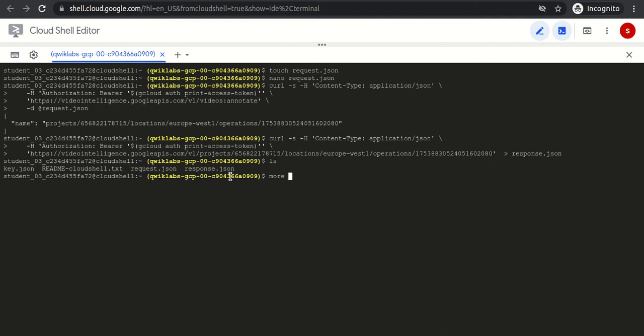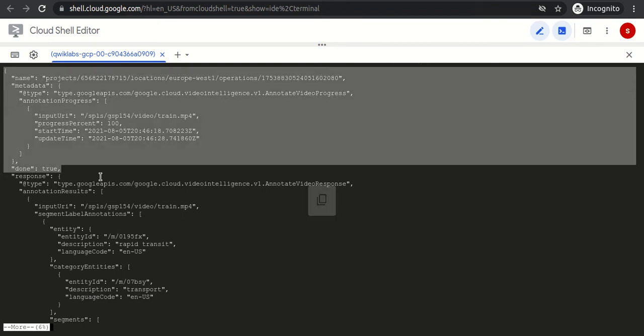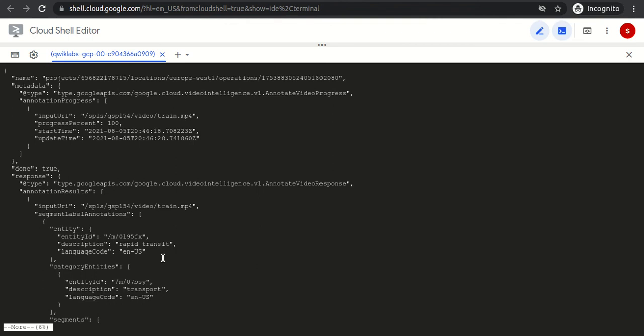Let's look at the output, response.json. Till this point it is the operation output, because it is using the operation URL, and it says the operation is done. Once the operation is done, it gives the operation response. The response says it is a rapid transit, a transport kind of service.